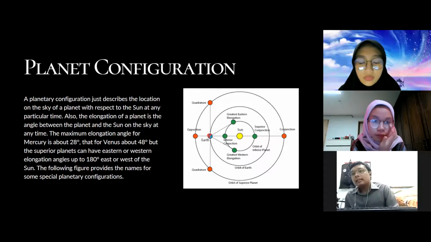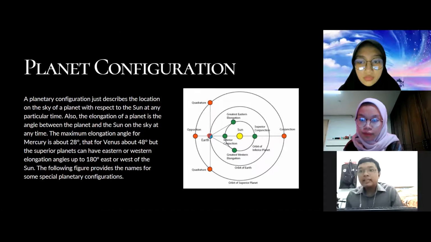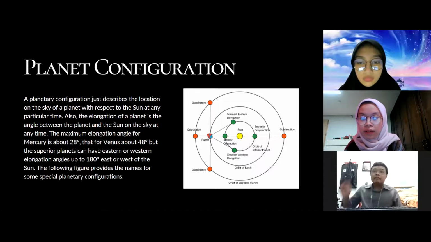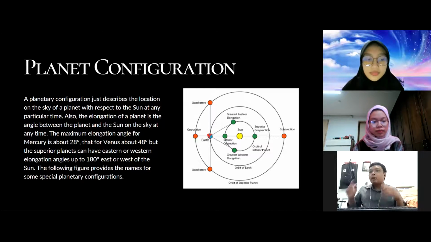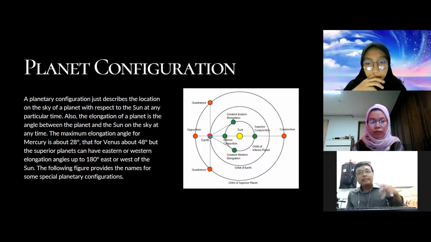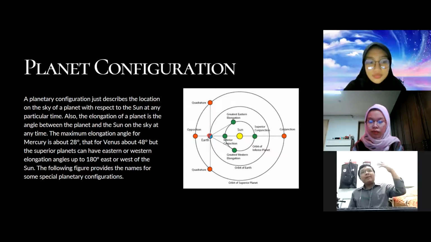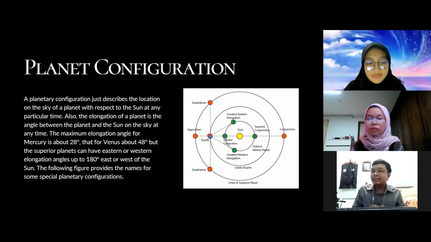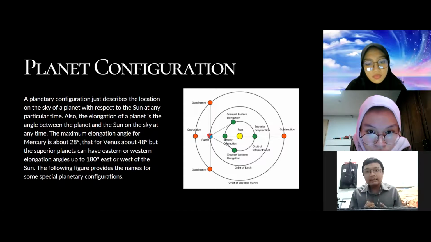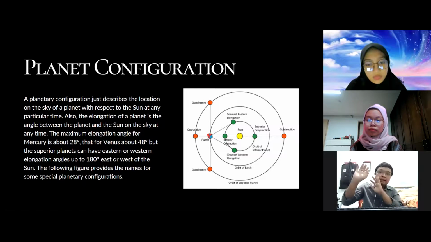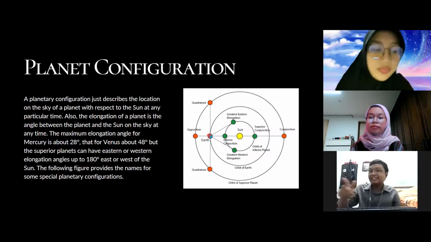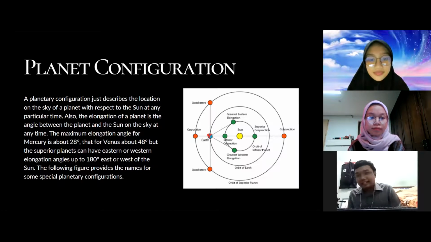And there is superior conjunction, when the planet is the furthest from the Earth, on the other side of the Sun. That conjunction happens with superior planets, not inferior planets. What are superior planets? Superior planets are the planets that are beyond the Earth in the picture. That's it. And the last topic is